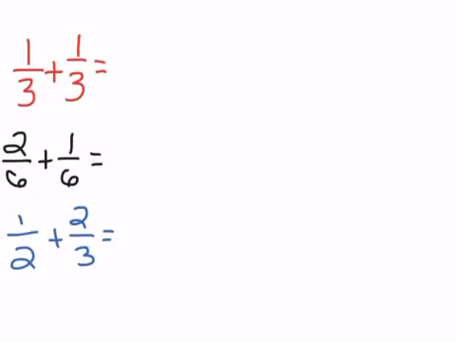Okay, so let's quickly add these ones. 1/3 plus 1/3. They both have the same denominator, so the answer is going to have a third in the denominator spot, and when we add the numerators, we get 2. Second example. Both have the same denominator, so the denominator is going to be 6, and 2 plus 1 is